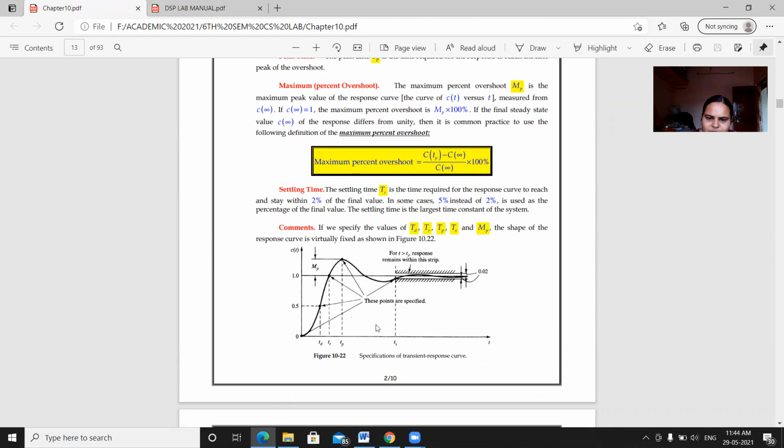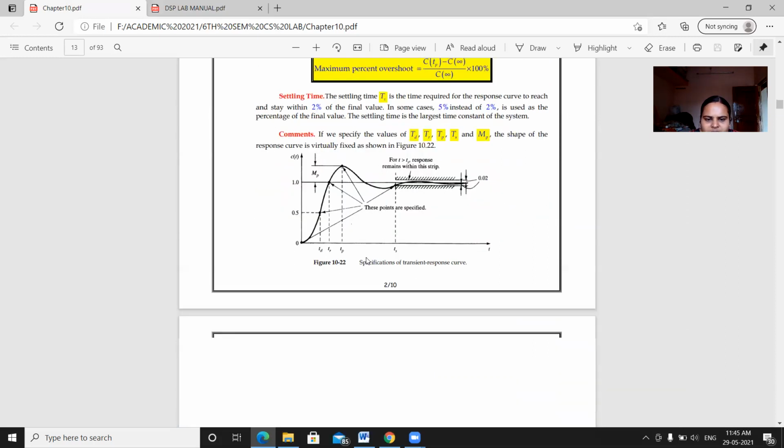In the diagram, this is TD, the delay time, rise time is TR, and peak time is TP. Observe here, it is reaching the peak value. Maximum overshoot is this MP. Then settling time is where it settles within 2% or 5% of the final value.